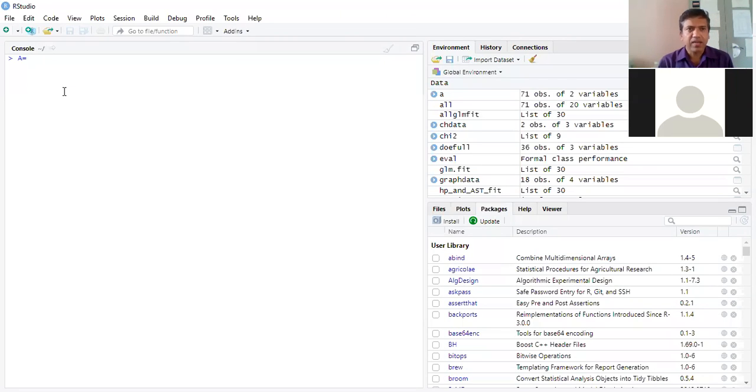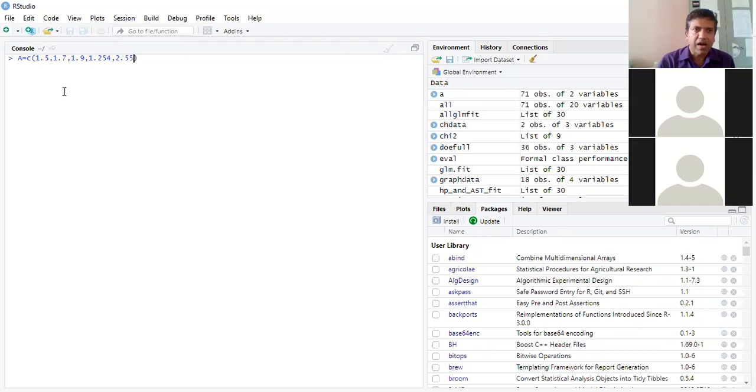Now the command starts. Put a small c, not capital C, it should be small c. Then put a bracket and enter the values separated by commas. For example, my first value is 1.5, comma 1.7, comma 1.9, comma 1.254, something like that.